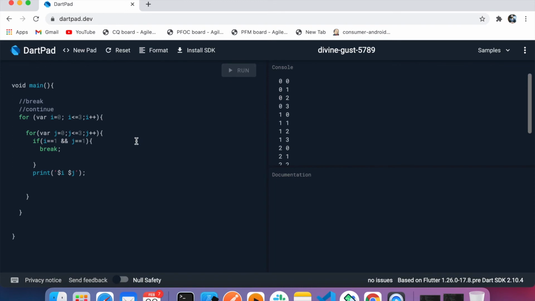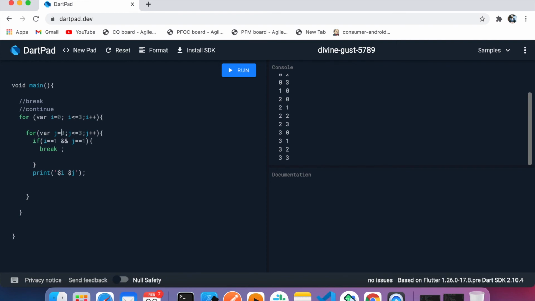So let's run it and see. Currently it will escape 1 1, but doesn't stop the outer loop. Ideally, the break statement should stop the loop, but in this condition it doesn't. The reason is that the break or continue statement always applies to the nearest loop. So the parent loop of the break is this inner for, not the outer for. How can the break know which loop should stop or which loop should continue?